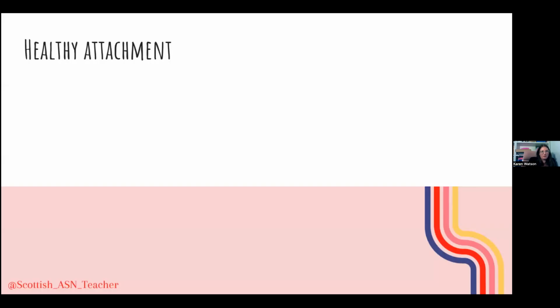So, a healthy attachment. John Bowlby, who we spoke about earlier when we talked about attachment styles, said there were 3 things which are going to promote healthy attachment. The first is consistency, as I've said. I think I've said that word about 20 times already, so it's nice to have that validated. This is the parent behaving in a consistent manner. They're predictable with their behaviours and when they show up for the child. You can guess their reaction to a particular situation. There's no surprises with their reactions. They are consistent in their parenting.